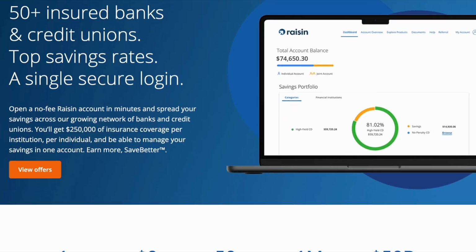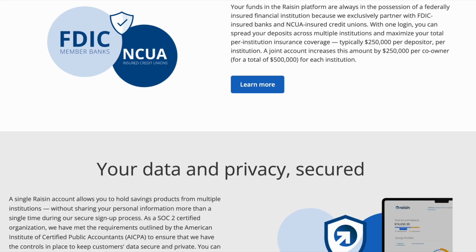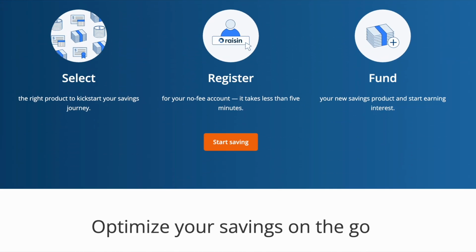Their high yield savings account is offered through an online platform called Raisin, which connects you to high yield savings accounts rather than offer it in branch. Although this might seem odd to you, they are FDIC insured and they have been around since 1994 with its